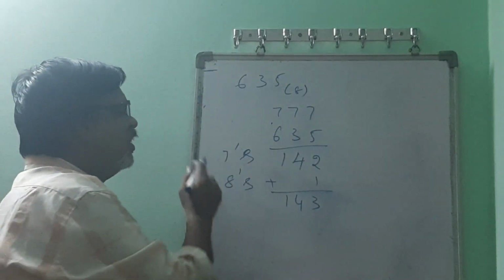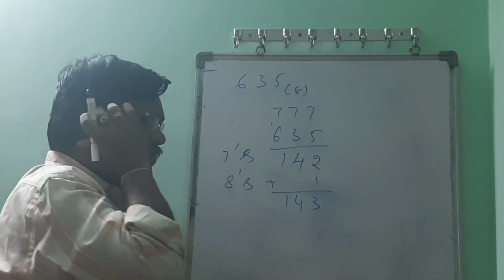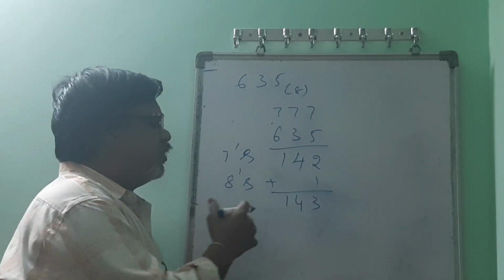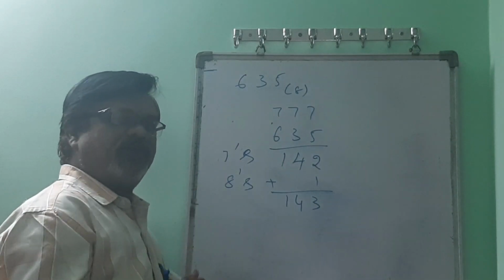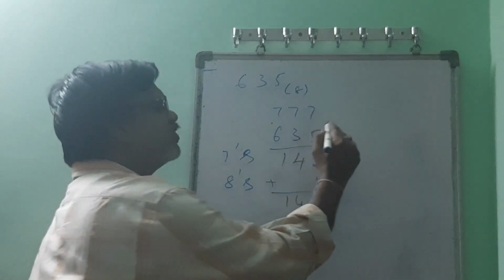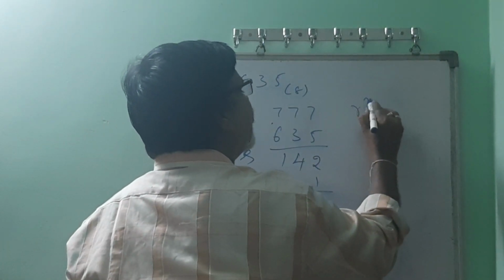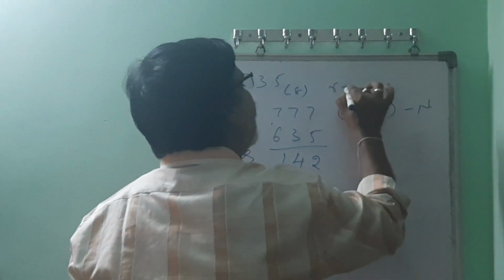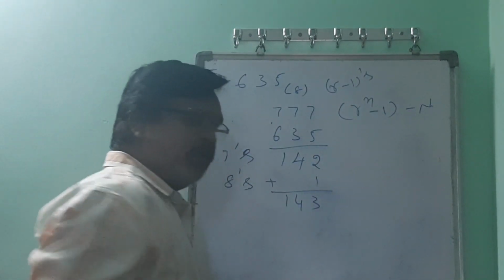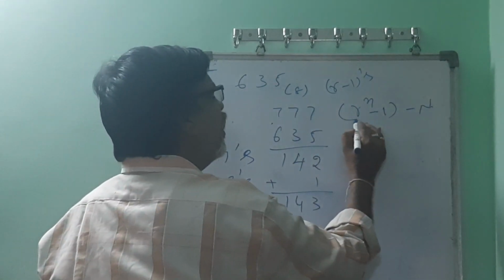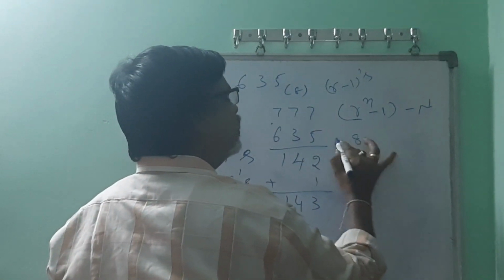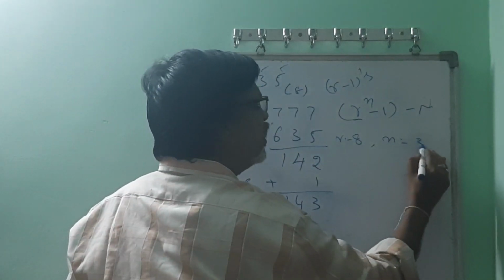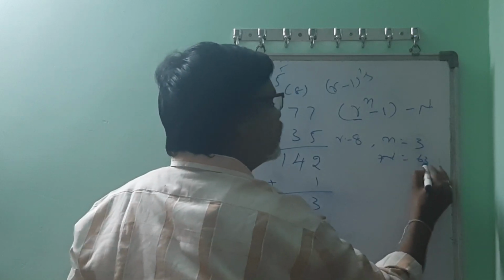Okay students, now whatever we have calculated, the 7's complement and 8's complement, now you can ask me, sir, can we do the same calculation using the formula, that is the scientific method? So the scientific method here is r power n minus 1 minus N. This is the r minus 1's complement. So here in this example, r is 8 and small n is 3, meaning 1 2 3, and capital N is equal to 635.